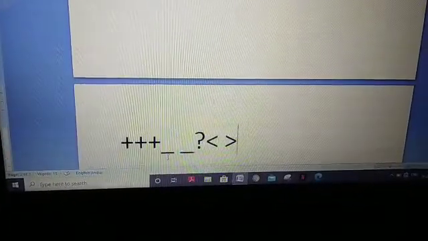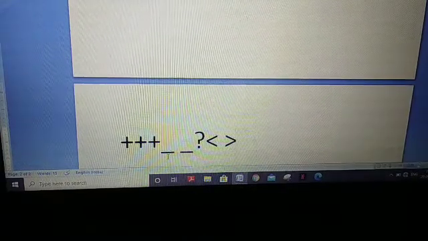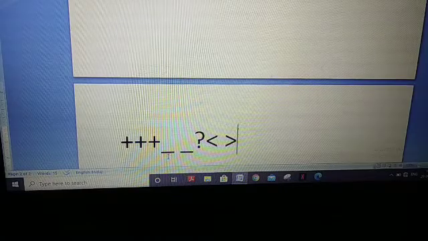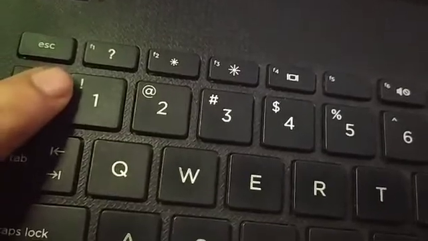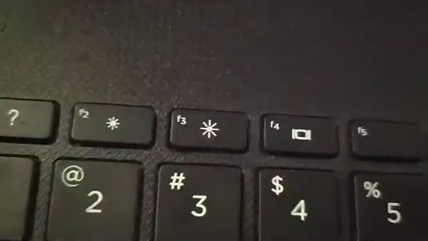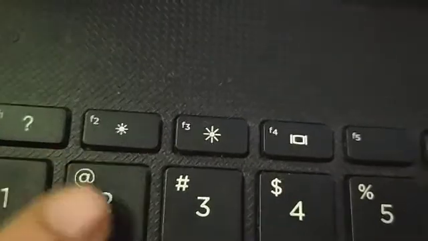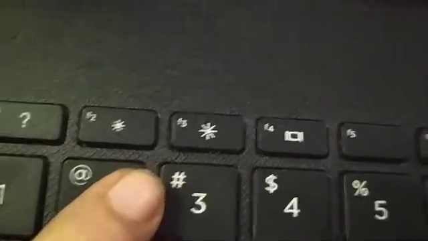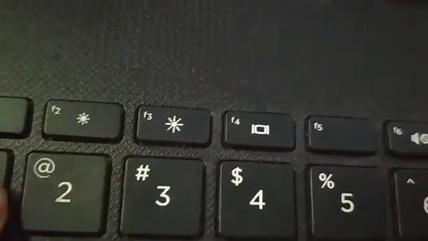There are two uses of the shift key. Now see, first of all, there are upper symbols on keys. What are upper symbols? Now this is 1, and just above the 1, what is written? Exclamation sign, isn't it? This is the number 2 key, and this is the @ sign. 3, hash symbol. 4, dollar symbol. So these are upper symbols of the number keys.